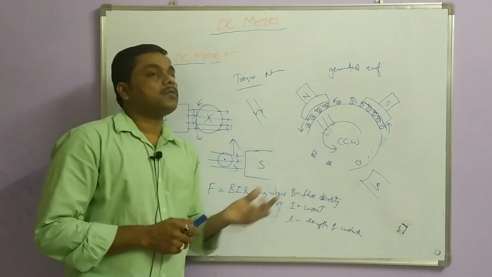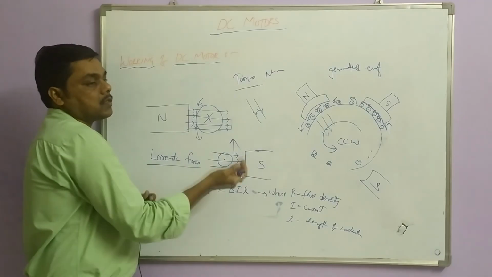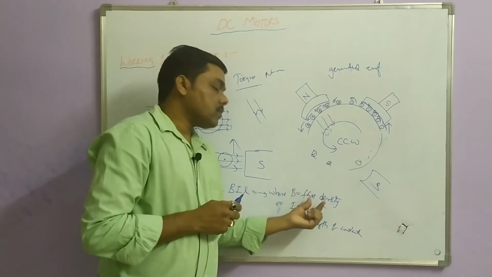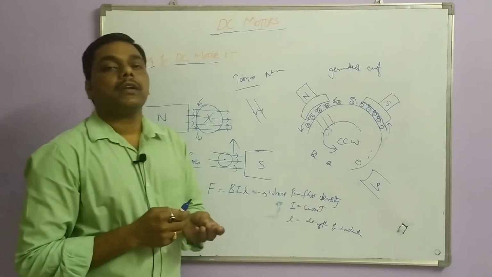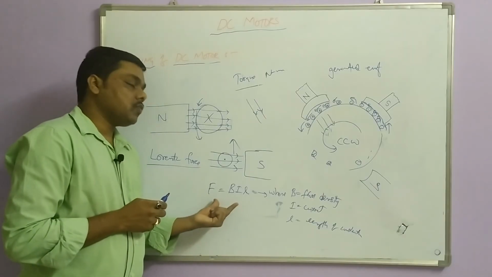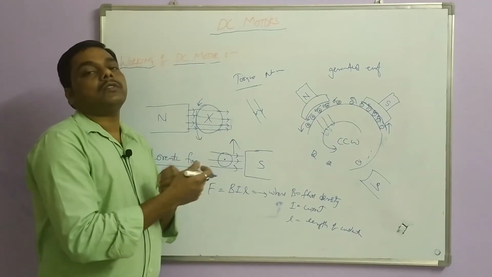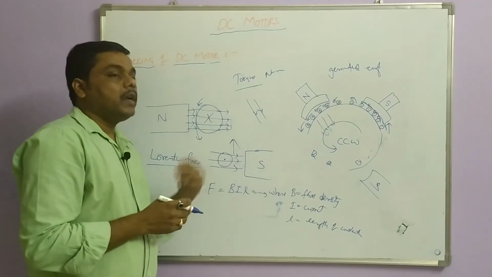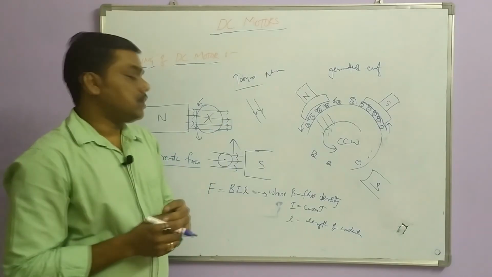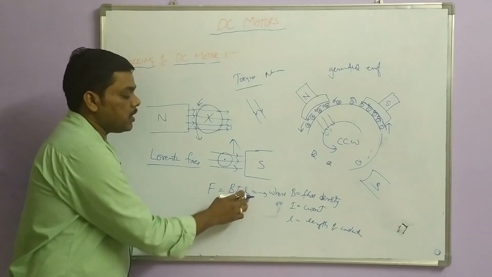We already discussed how much flux there is. Some of the flux lines are opposing and some are strengthening the main field flux. So the resultant flux density on each conductor determines the force. This much force affects the conductor, which drives the motor in a unidirectional way and gives the torque parameter, that is Newton meter. So this force is given by BIL.